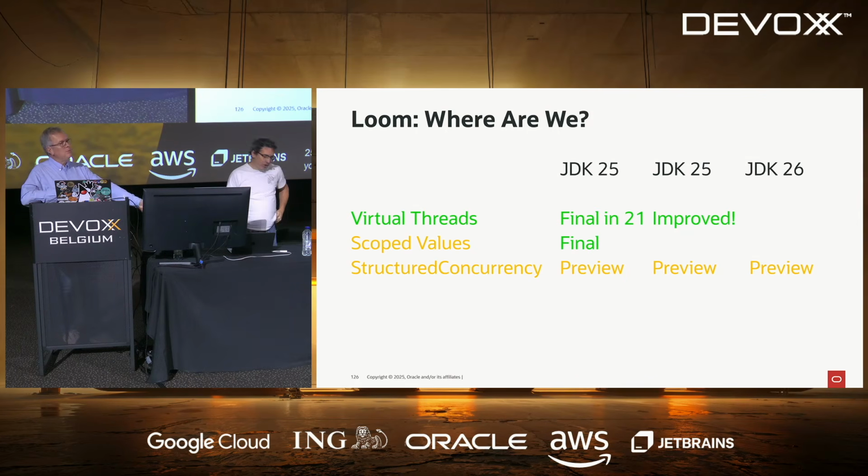If you are using virtual threads, please use 25. If you took 21 to use virtual threads, then you should take 25 as soon as you can. By the way, you could also have taken 24. It's not because it's not an LTS that it's not a version that is robust and of the same level of quality as the LTS versions. Yeah, but it's already 6 months after the release of 24. No, I said you could have taken 24. Oh, okay. Sorry. Yes. It's too late to take 24. Yes.